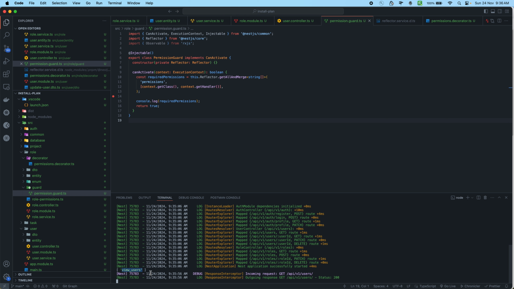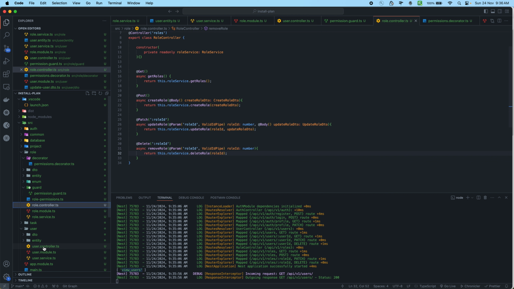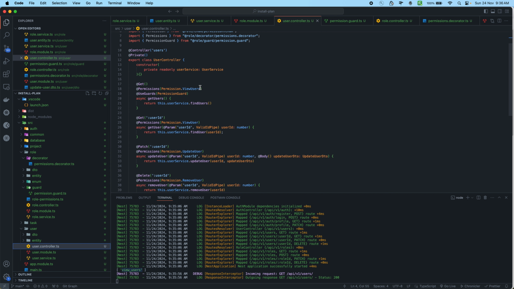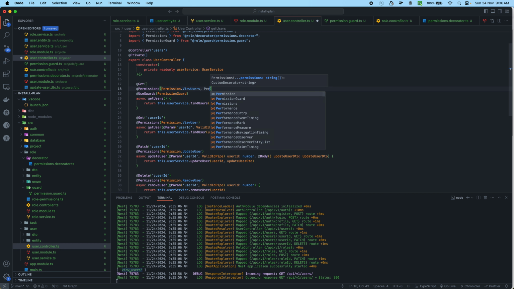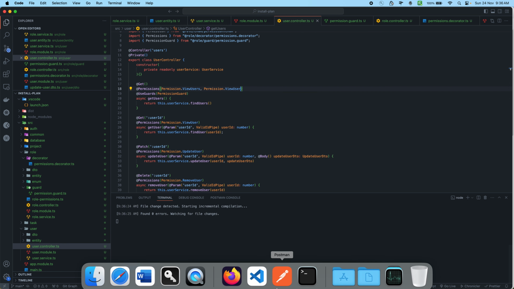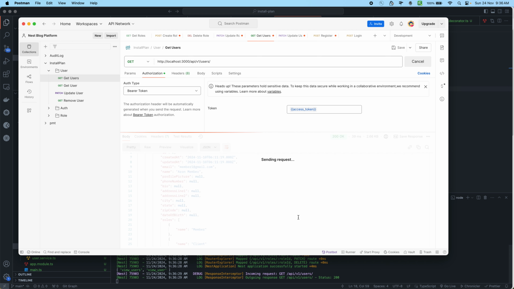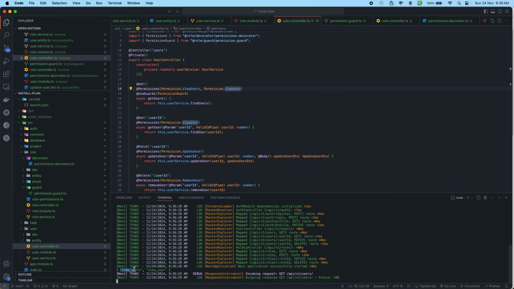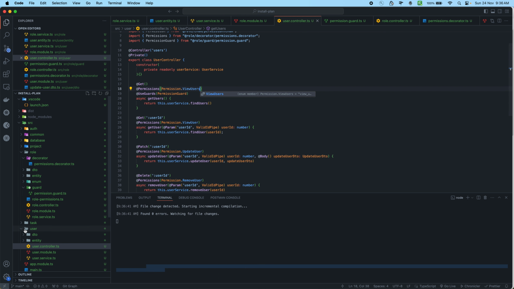I didn't see it, I don't know how I didn't see it, but let me do one thing. Let me try to pass multiple permissions here and see if that is working as expected. Yeah, so we are getting all the permissions, and now what we need to do is verify